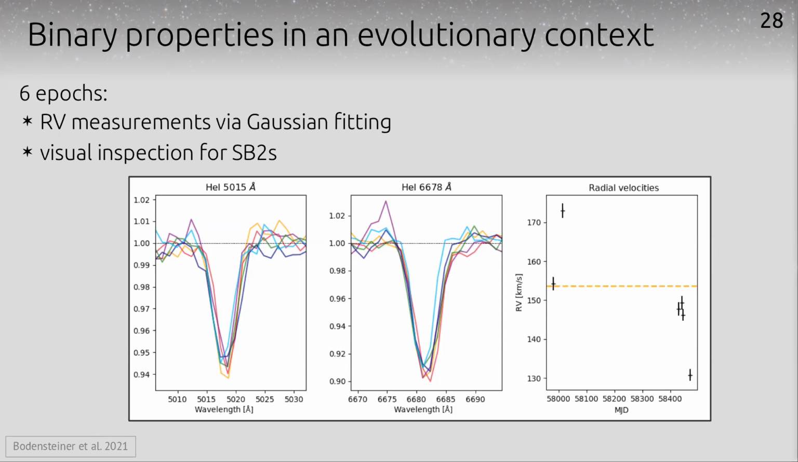And here I'm just showing one example of a star that I've classified as a binary star, where you can see helium lines on the left in the 2 panels, with the 6 epochs of observations, and the radial velocities derived from them on the right. And so I've done this for around 300 stars